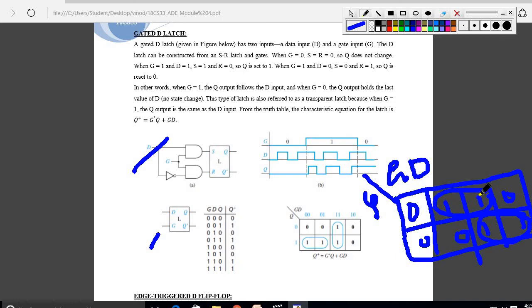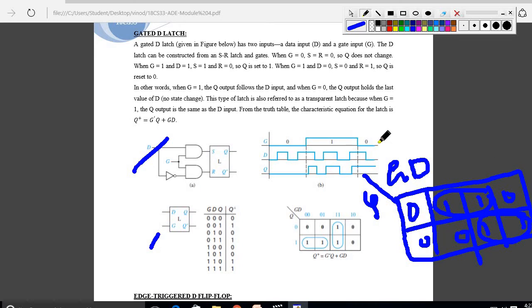Just write down whatever expression you obtain, because this one is wrong. For 0 0 1, they have written 0 here, but here it is 1, right? For 0 1 0, they have written 0, correct. For 0 1 1 they have written 1, and for 1 0 0 and 1 0 1 they have written 0 and 0, but here they have written 1. So it might be wrong, but you have to write this in the Karnaugh map and just write the expression for that.